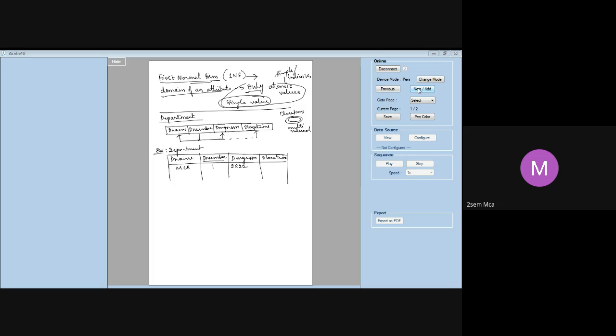D location, as I told, it is a multi-valued attribute. I can have several locations of this department. Then I can write something like this: Delhi, I'm just giving an example, Pune, Bangalore. These are all multiple locations, no? So this MCA department can exist in multiple locations. That is my first tuple.